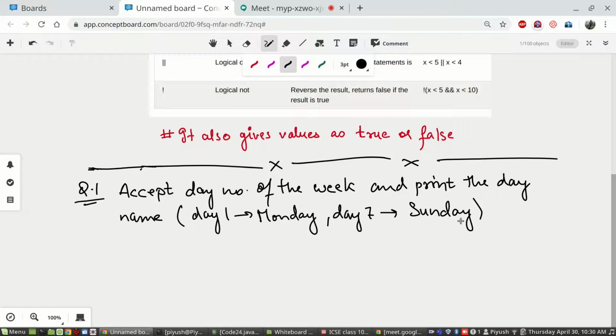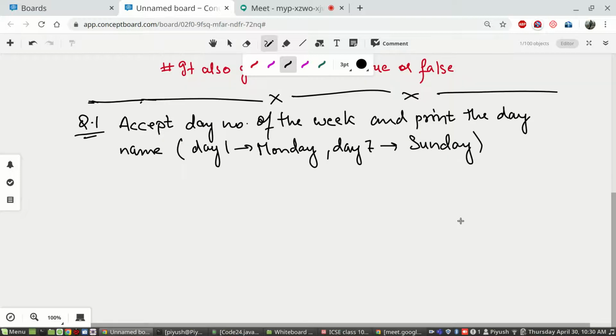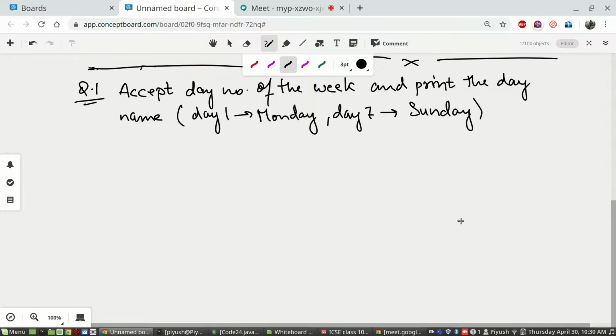Now, what is expected here is that the user, while executing the program, will enter a value for day number from outside, and based on that value you are going to make a decision.